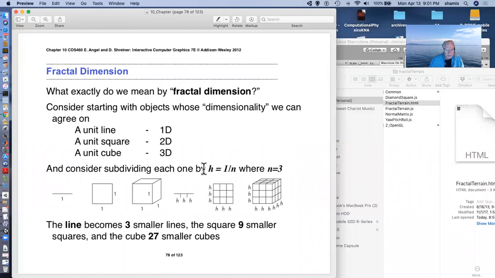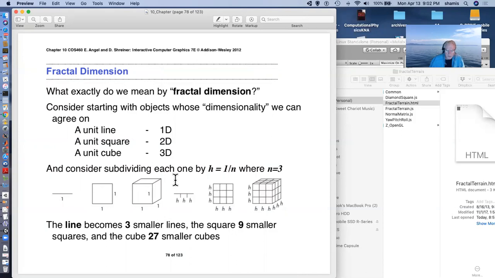And so if I consider dividing each of these by 1/n, where n is 3, the line turns into 3 little segments. The square turns into 9 little segments, and the cube turns into 3 times 3 times 3,